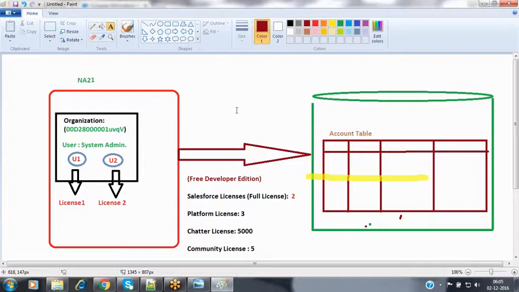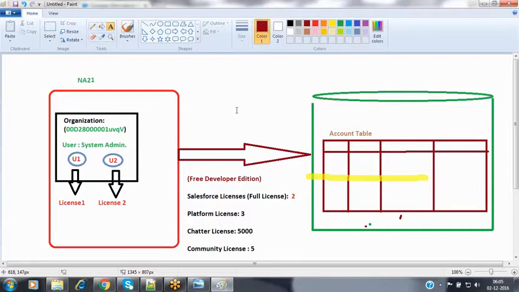Nothing but in order to build your own custom application, in order to access your own custom application which you have built, we have to use that platform license, and along with that, it is going to be granting access to very few standard functionalities of Salesforce, like account, contact and opportunity. These 3 objects are visible to you, and along with that, you will have all your custom objects, custom applications, custom functionalities inside that. You will not be able to access each and every standard feature of Salesforce.